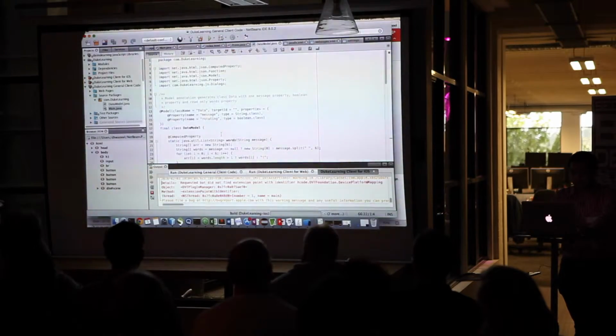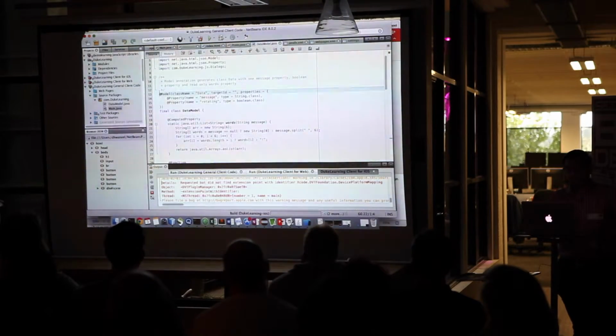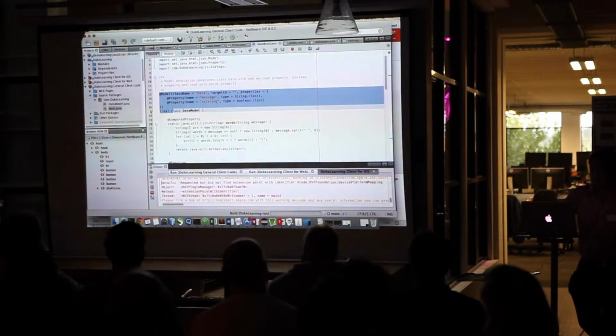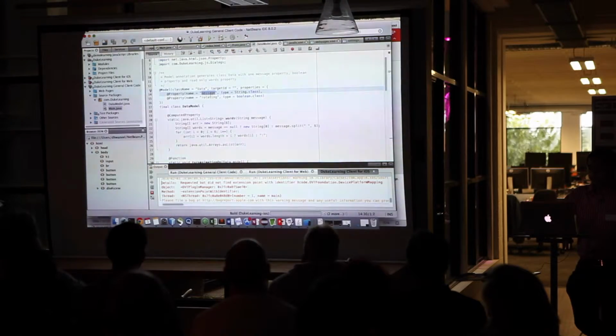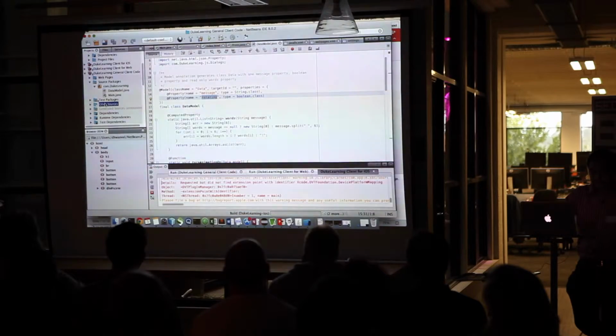Now this is what I was talking about. It's a basic POJO object, basically in terms of JSON. So in real time, it gets converted into a JSON object representation. This has two properties, message and rotating. And if we see the HTML for the same,